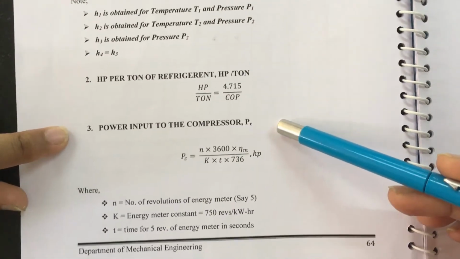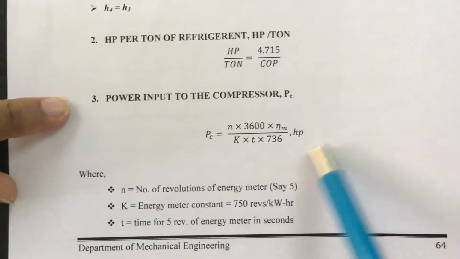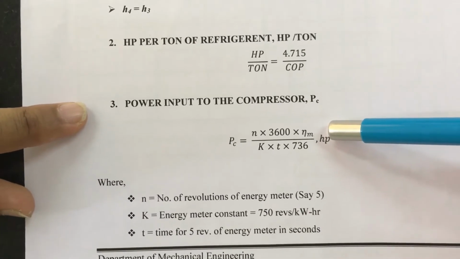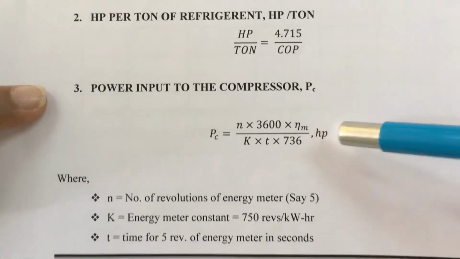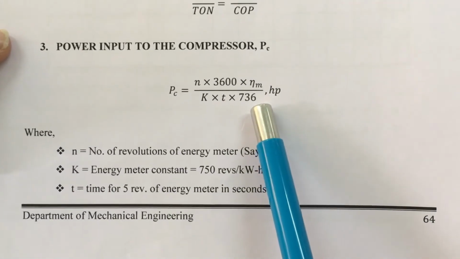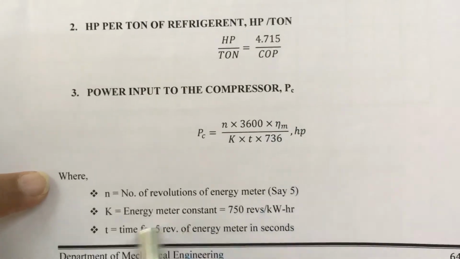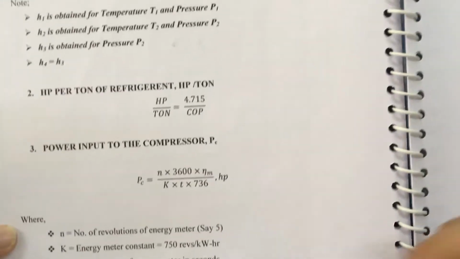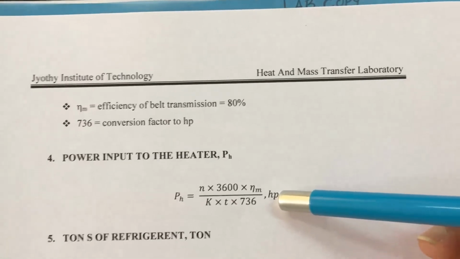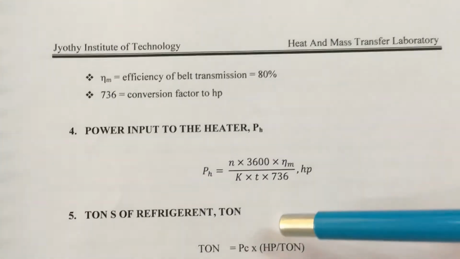And we have the power input to the compressor, so we need to look into the amount of power that you are supplying. To obtain that, we have the formula N into 3600, converting to seconds, into the mechanical transmission belt efficiency, divided by the energy meter constant, into T into 736, which is the conversion of 1 HP to watts. The respective variables are defined below. Then we move to the power input to the heater, which is similar to the power input to the compressor. Here we have the same parameters or variables inputted, and we can finally find out